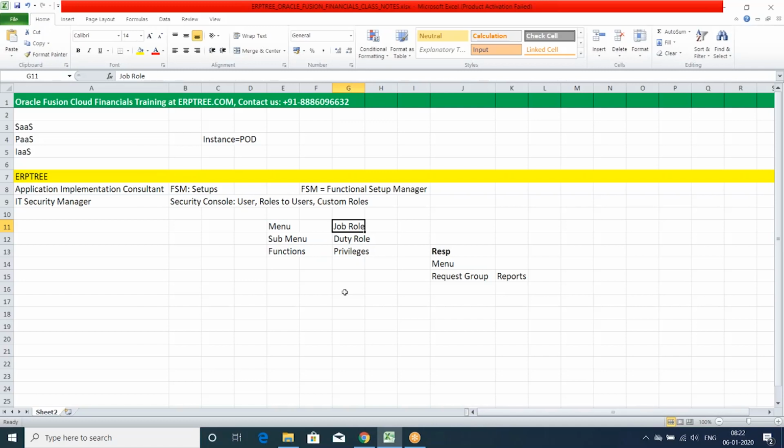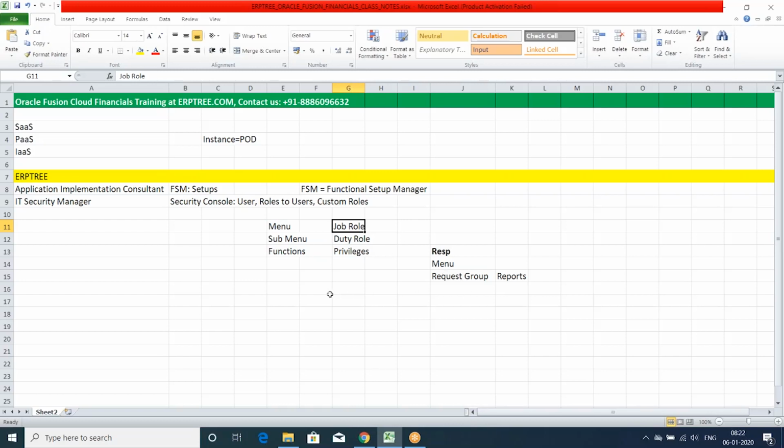Those could be reports or programs which process the data, it doesn't matter. Everything you can include within the job role. So there is no request group in Fusion.